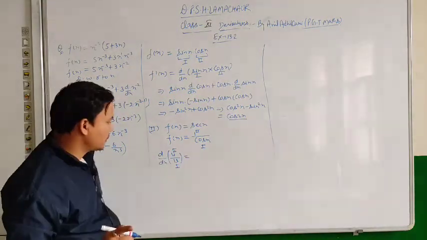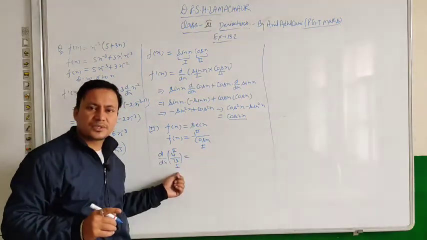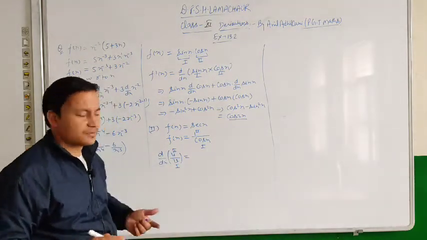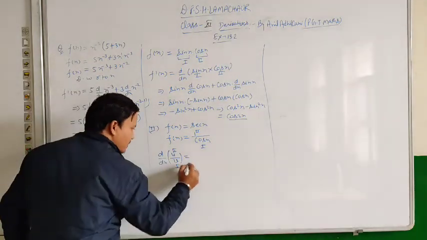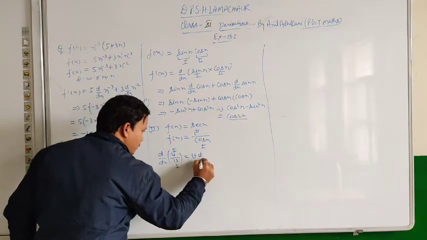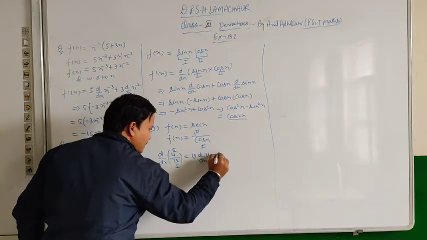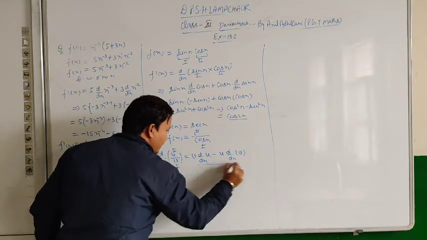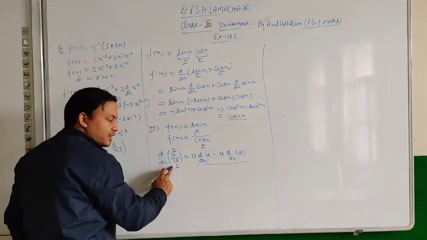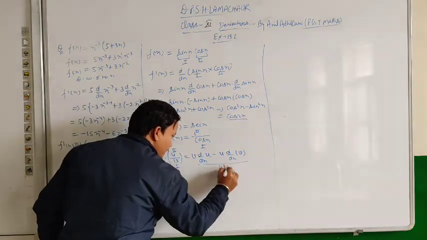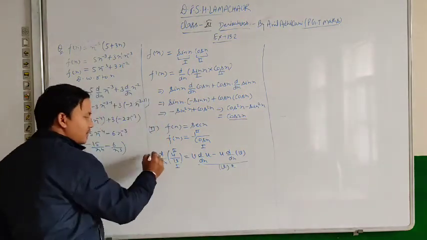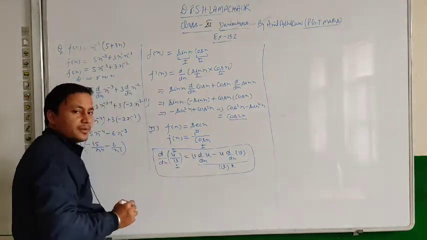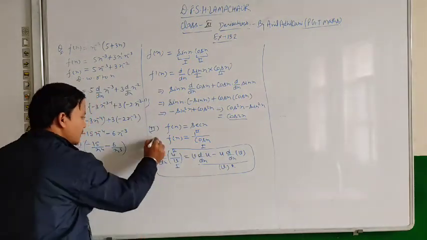Okay. In the quotient formula, the denominator is always represented by the first function and the numerator by the second function. So what is the formula? First function, derivative of second, minus second function, derivative of first, divided by whatever function has been given in the denominator, its whole square. Okay. So we will use this formula here. This is the formula which we are going to apply to crack this one.